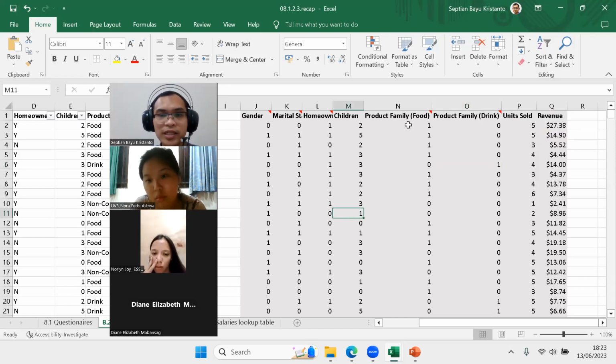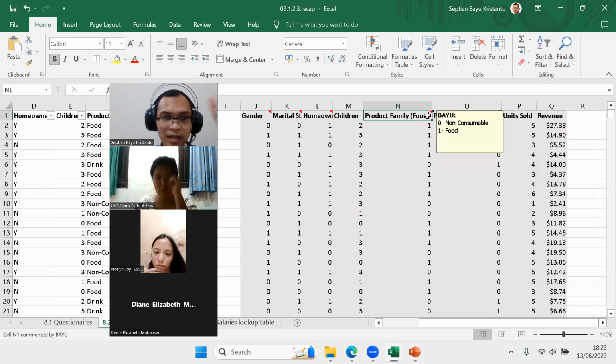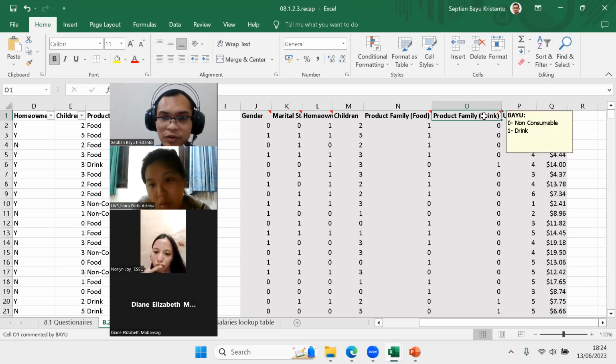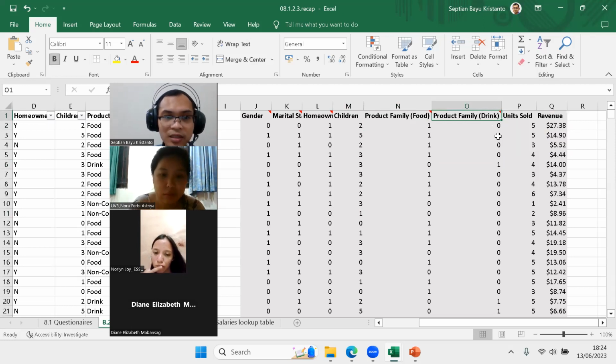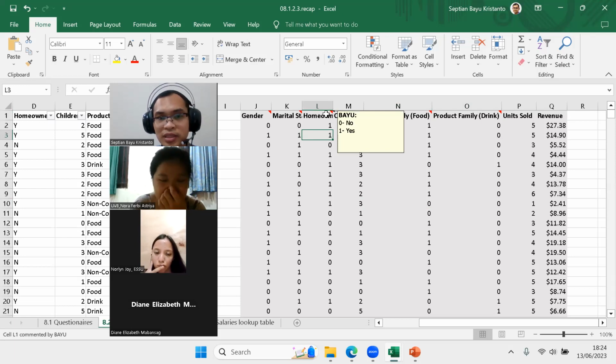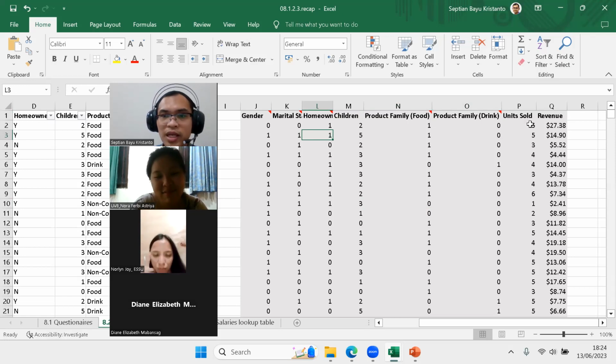Okay. This one is product family for food. It expresses that food could be number 1, and 0 is the rest of our data. And if you do the same for drink, it should be coded as number 1. It's like the coding activity. After this, you also have coding for the homeowner, like yes and no, and also the